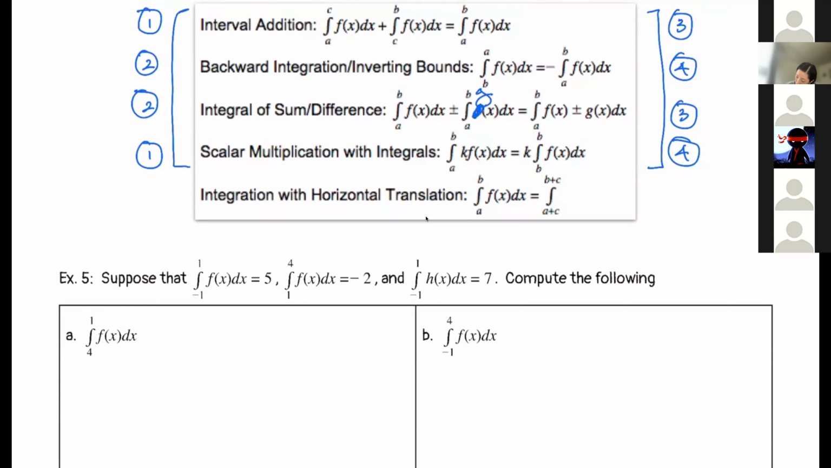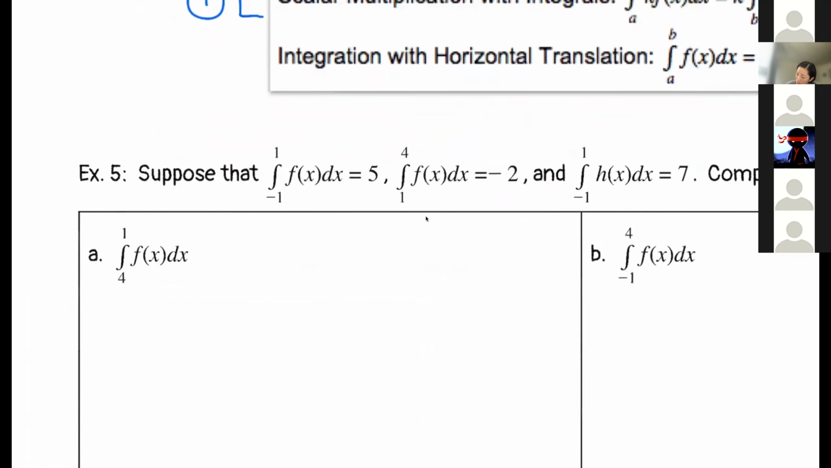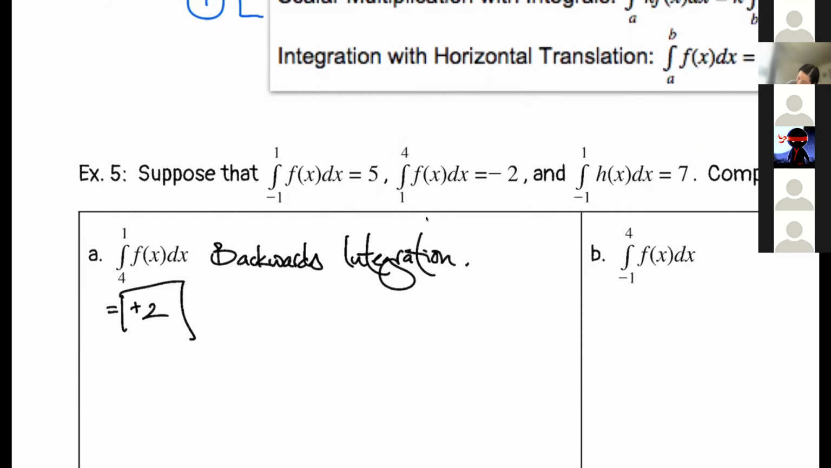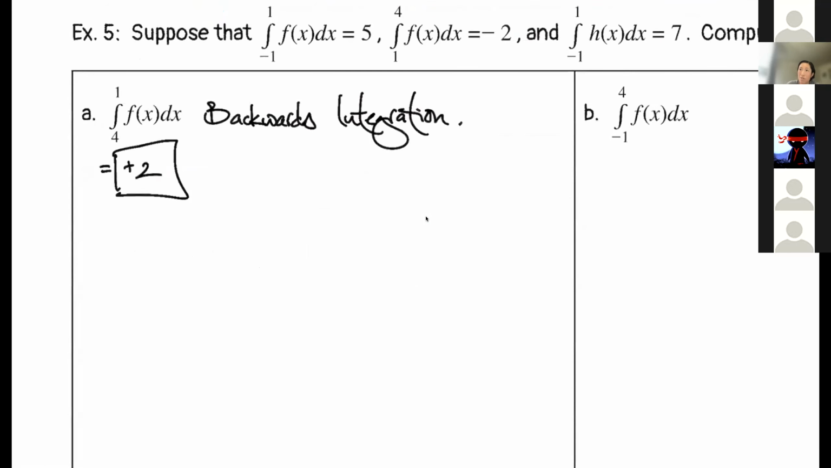Exactly. We might notice, hey, we have some information about what happens from 1 to 4, and this one is just asking us to use the other direction, backwards integration. All right, and I agree that this equals +2. All right, but if we were to try and draw a diagram for that, we might even be able to